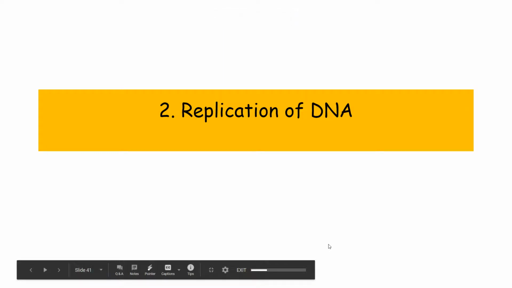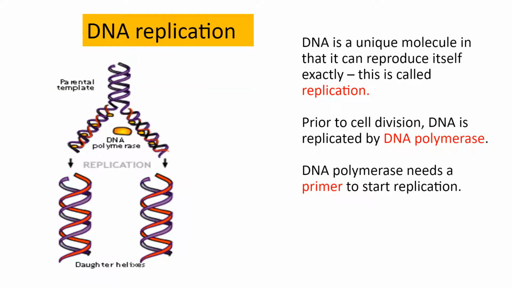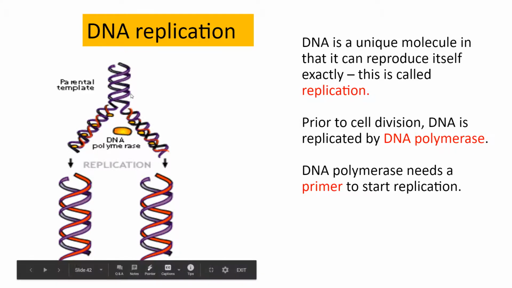Good afternoon. What we're going to do today is look over the replication of DNA, which is key area 2 of Unit 1. Now, DNA replication is something we have touched on before in Nat 5 when we looked at mitosis. As it says, DNA is a unique molecule in that it can reproduce itself exactly. So you can go from one DNA molecule to two DNA molecules, and that's the process we're going to be